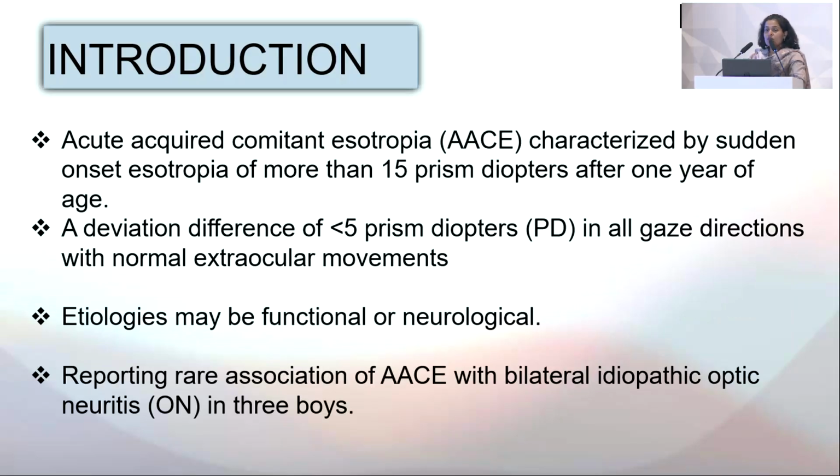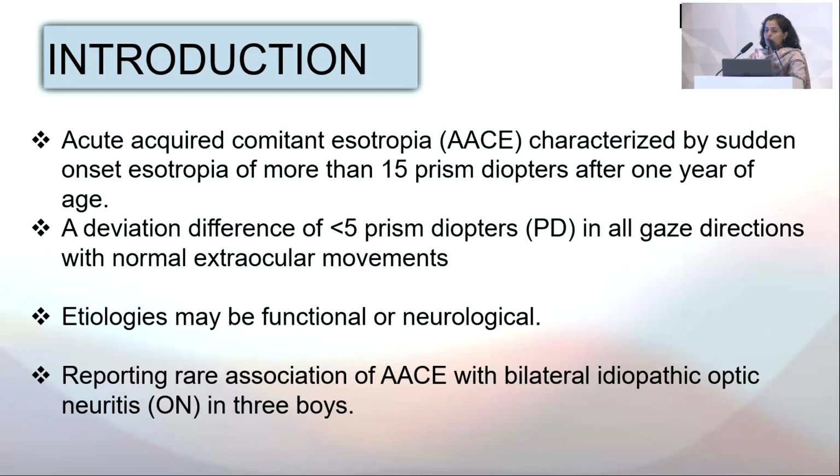As we all know, acute acquired comitant esotropia is characterized by sudden onset esotropia, which is usually more than 15 PD, and usually the age of onset is more than 1 year. It might be earlier as well. The difference of deviation between gazes is less than 6 PD, and the etiology may be functional or neurological. And hereby I am going to report 3 unusual rare cases of acute acquired comitant esotropia